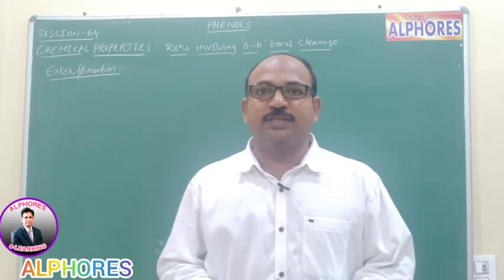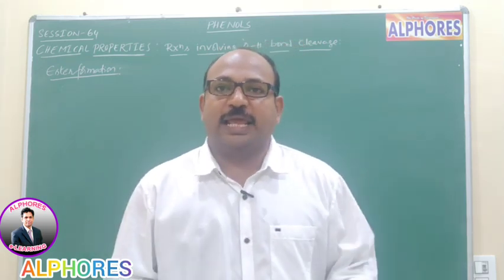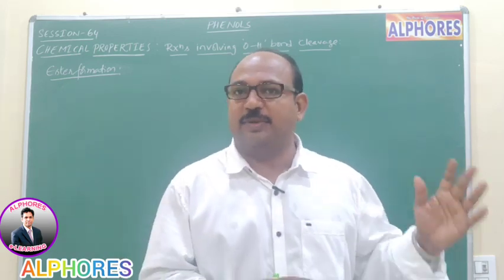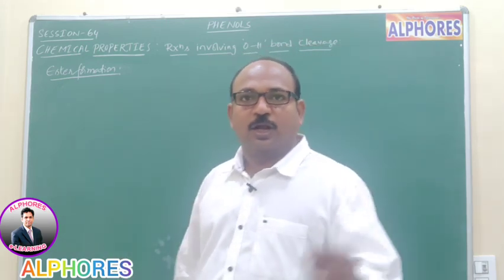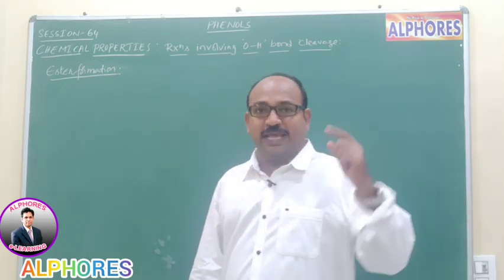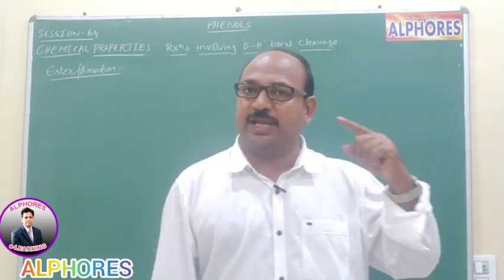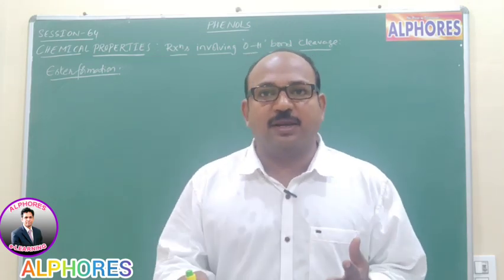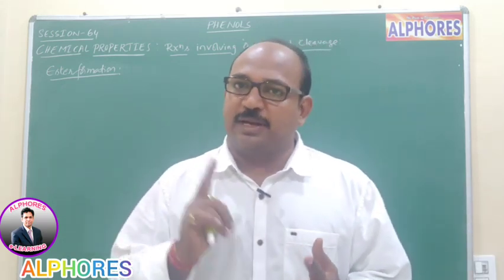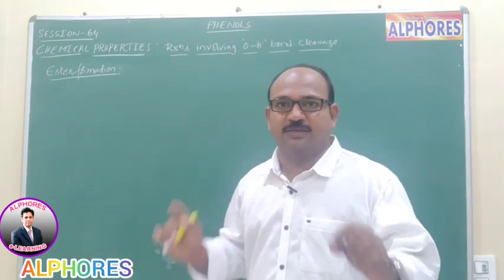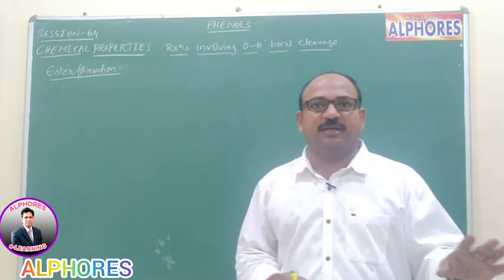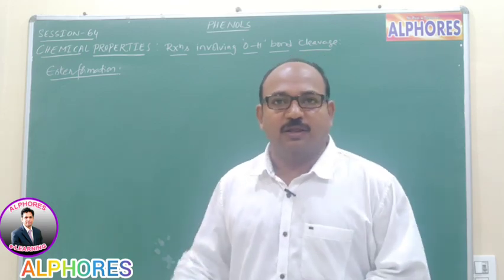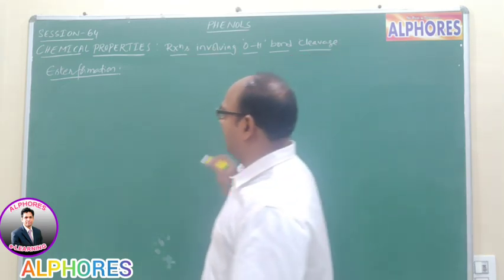So students, so far we discussed the formation of ether. It follows Williamson synthesis: sodium phenoxide upon reaction with alkyl halide or dimethyl sulfate, we are getting ethers. Now formation of esters. Esterification reaction, Fischer esterification reaction, if you recall: carboxylic acid or carboxylic acid derivatives upon reaction with alcohol in presence of mineral acid catalyst, we are getting esters. Here the carboxylic acid or derivative remains as such, but instead of alcohol, phenol is going to take part in the reaction. Let us see.